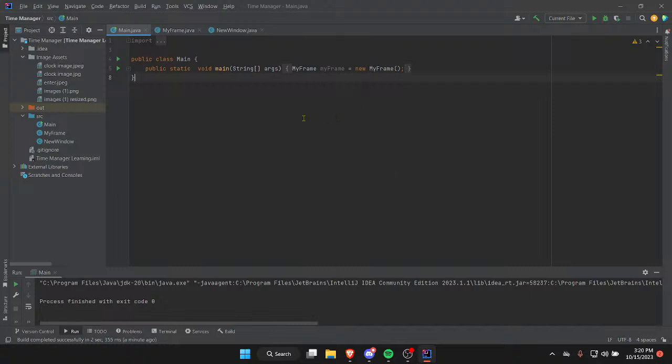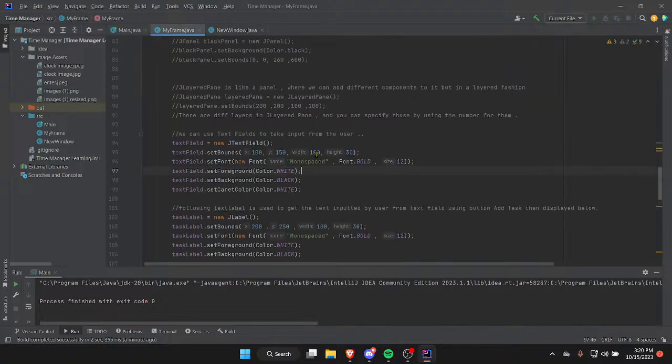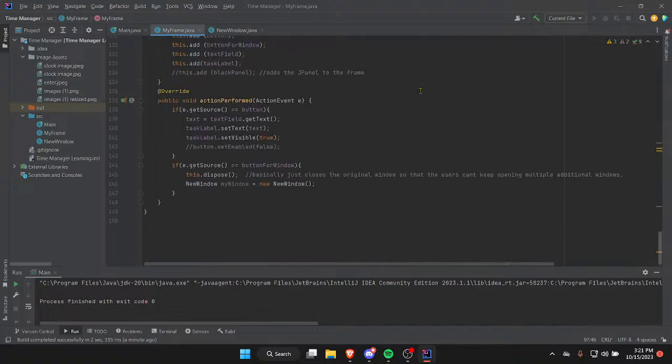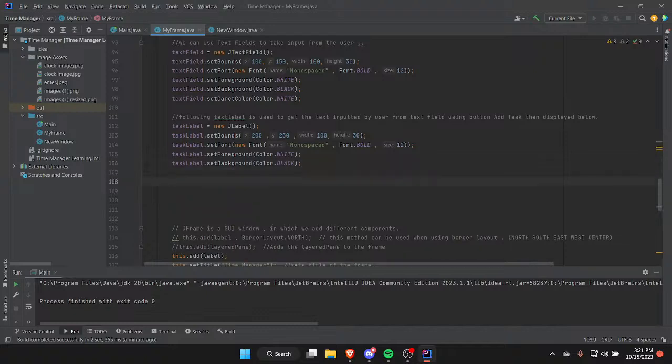Alright everyone, we're going to be creating a JCheckBox. This is a GUI component that can be selected or deselected. So let me give you a rundown of my setup that I have. We covered this in the last video. So we have two classes, a main class. It doesn't really matter what you call it, as long as it contains a main method. We're going to create a new instance of myFrame. So myFrame will extend JFrame, so it behaves exactly